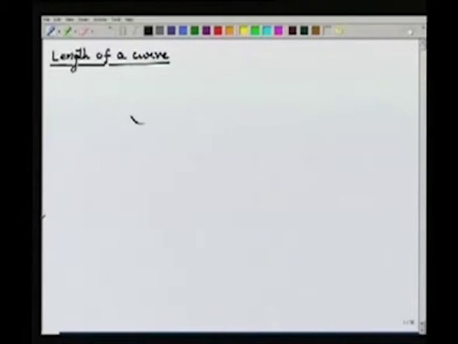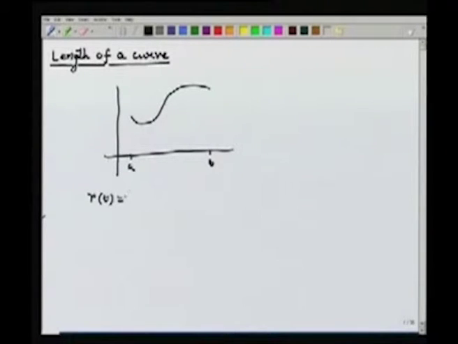So to start with, again we are trying to follow our intuition, and here our main tool again is Riemann integration. So let us start with a curve. Let us say it looks like this. These are the axes. Suppose this point is A and the end point is B. Now I can view this curve as a parametric equation. Let us say r(t) equals (x(t), y(t)), where t is the parameter. It ranges in between